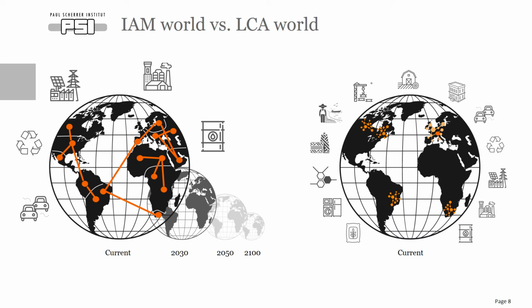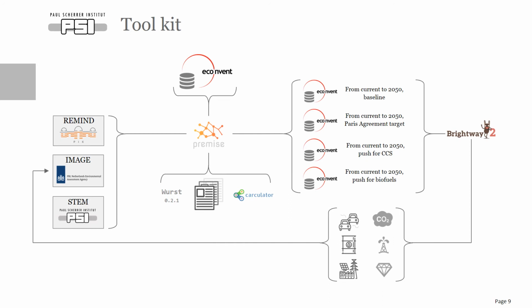So the idea when we talk about combining integrated assessment model and life cycle assessment is really trying to extract the best of both worlds and hopefully obtain some sort of representation of the world today and in the future with a comprehensive data coverage, but at the same time with a pretty high technological resolution. In order to achieve such a combination, we have developed in the last couple of years a certain number of tools that we use regularly.